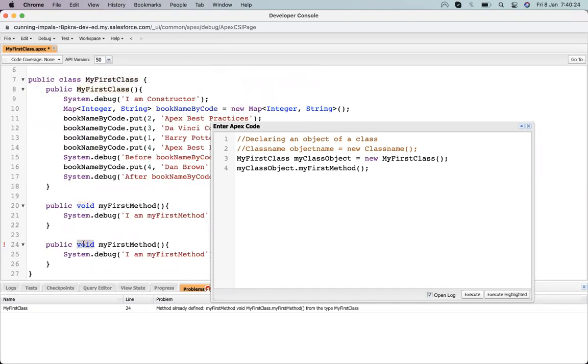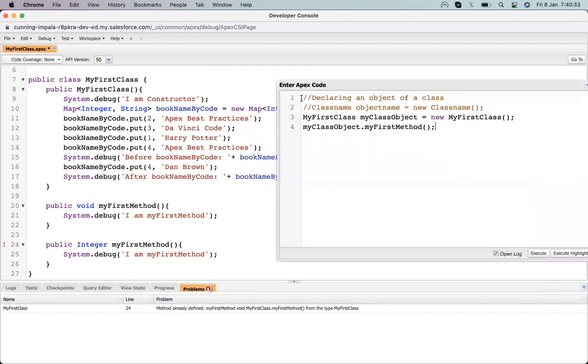Let's have a look at primitive. So suppose I'm returning an integer. Okay, and one more thing: in a class, two methods cannot have the same name.